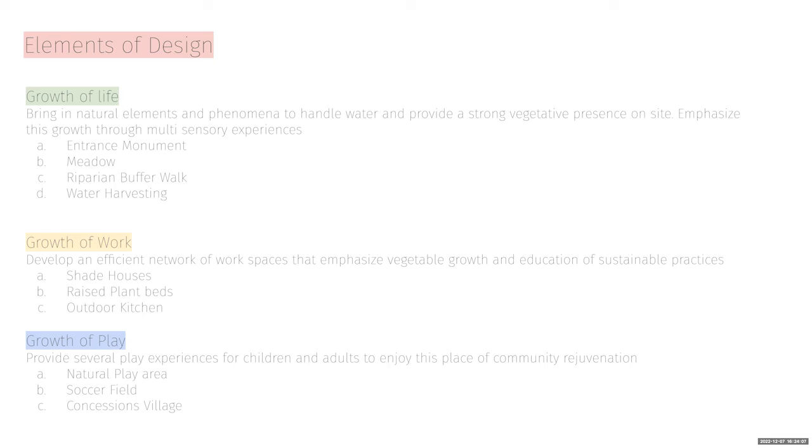And there are several elements that came from that. One being an entrance monument, a meadow, riparian buffer walk, an emphasis on water harvesting, basically creating multi-sensory experiences with a strong vegetative presence on site to bring people in and connect them with nature. The second main concept was the growth of work. So as someone that's worked on a landscaping site,